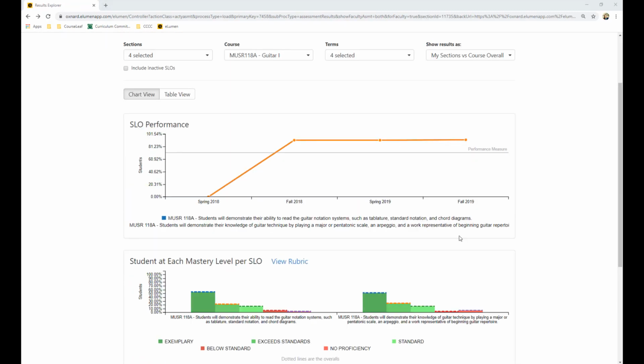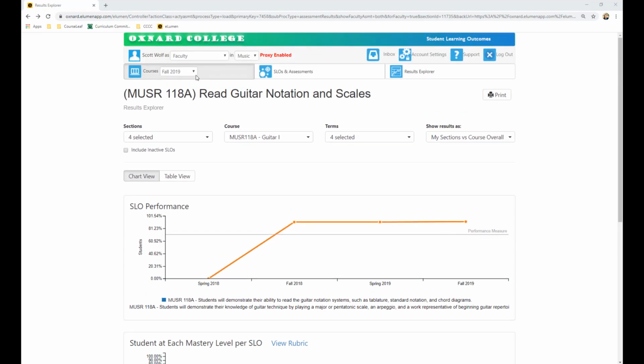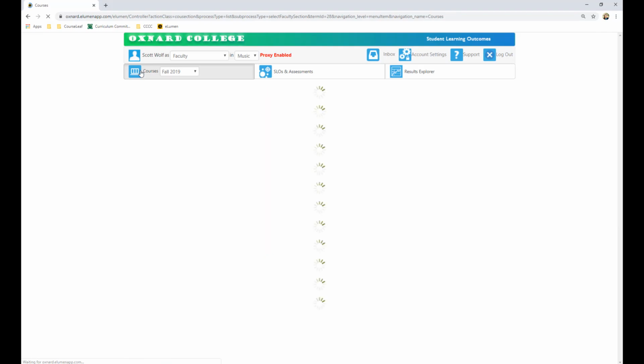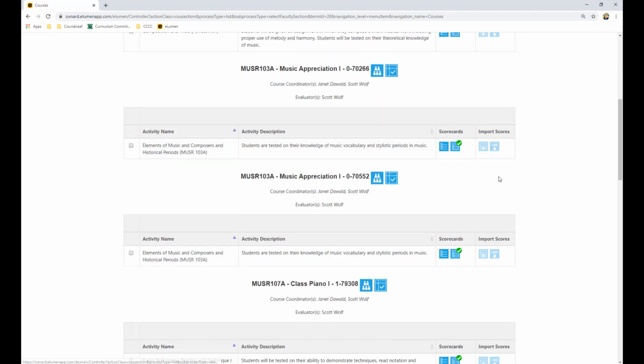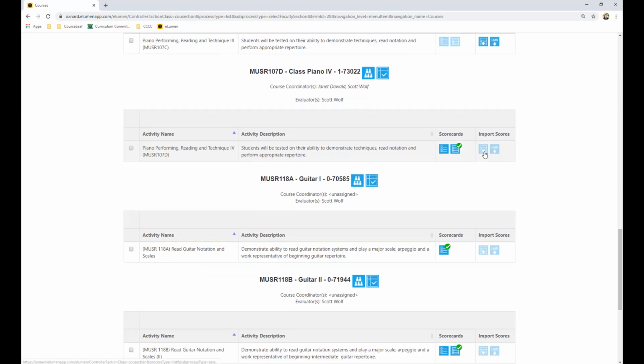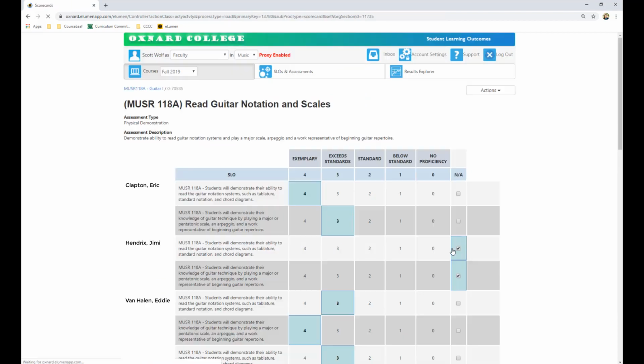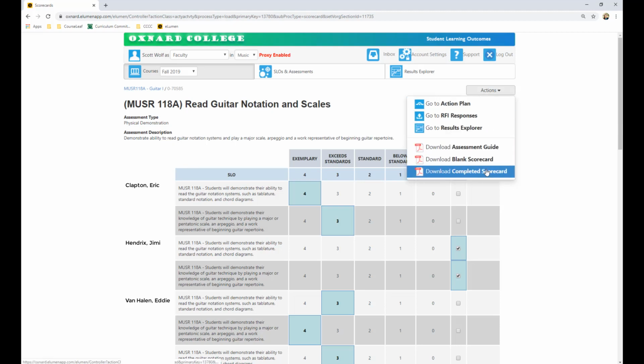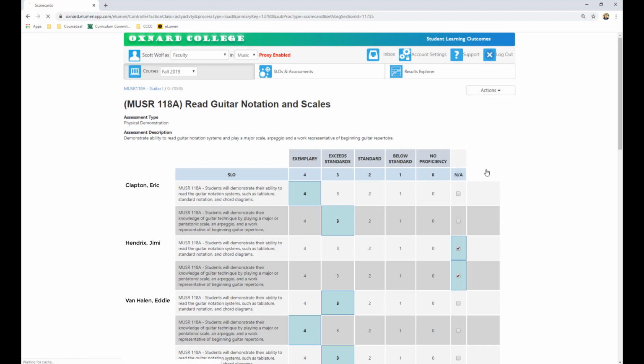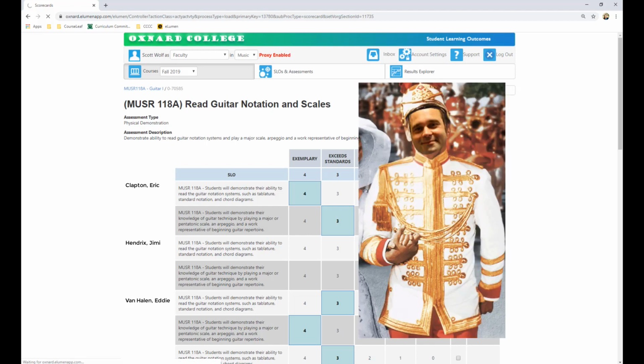And finally, make sure you download the completed scorecard. To do so, return to the course list by selecting the Courses tab. Find the course you are working on. You'll notice the green check mark now that it is completed. Select the scorecard, and in the top right corner, select Actions and click Download Completed Scorecard. Now, if there was ever a question about if Scott did his scorecard, he can say,